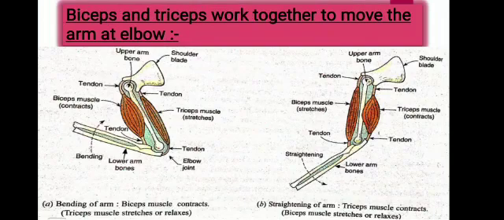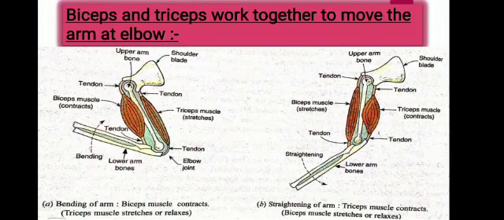As I told you earlier, muscles work in pairs. This means if one muscle of the pair contracts, the other muscle of the pair relaxes. Same as when the biceps muscle contracts and bends the arm, the triceps muscle stretches or relaxes. See in diagram A, the biceps muscle contracts and becomes short and fatter. At the same time, the triceps muscle stretches and becomes thin and long.